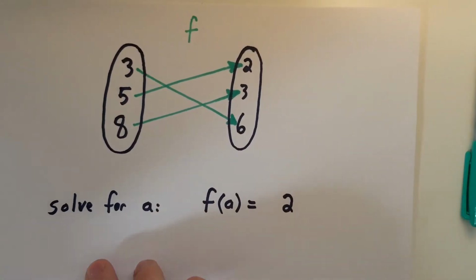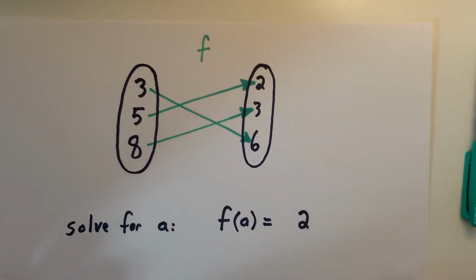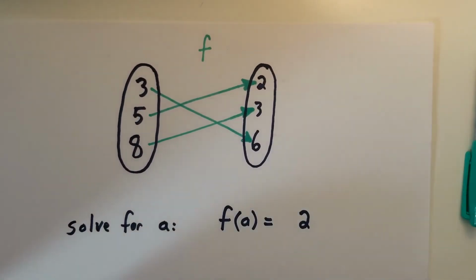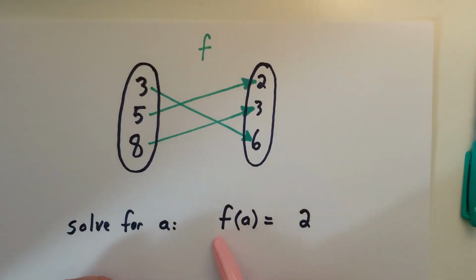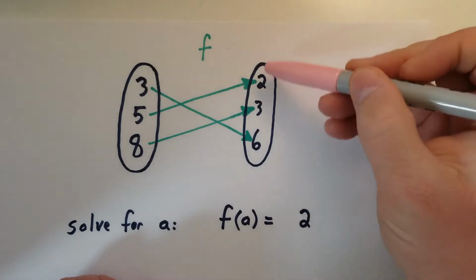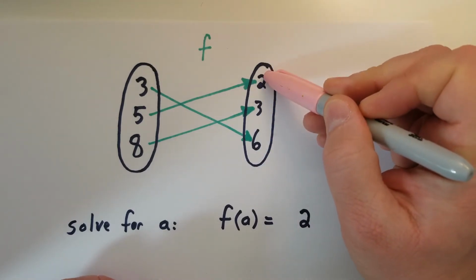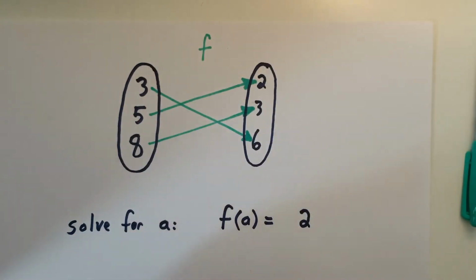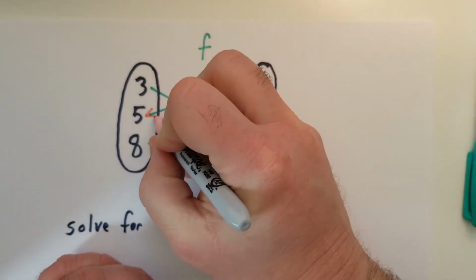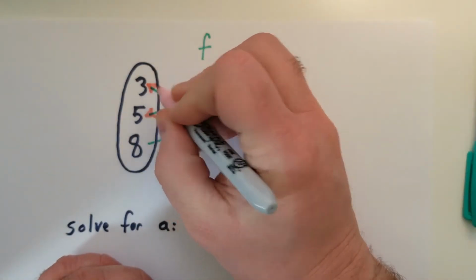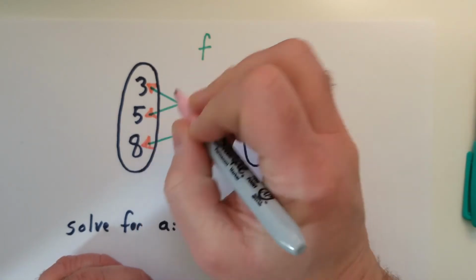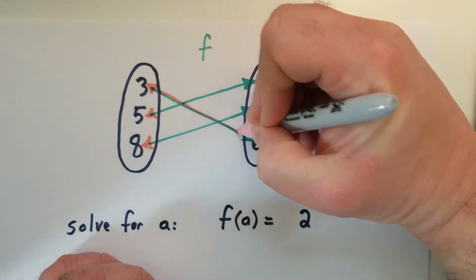This works for other things as well. The idea of a function and its inverse, the inverse is just to go in the opposite direction. So we can ask ourselves what value of a will give the function of a equals 2. We just look here in the right-hand column instead, in the range, and say what went to that, and we're going to go backwards. So basically what the function is doing is putting the arrow on the other end of these lines. This is the inverse function now,